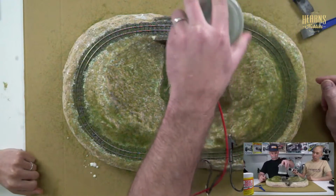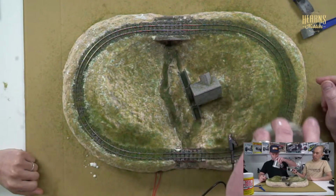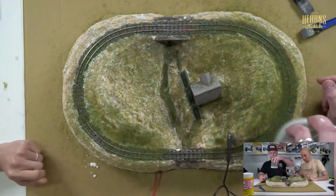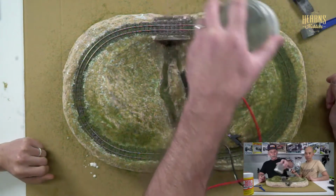Have we got a spray bottle of glue? Yeah. This stuff's coming out a lot easier, isn't it? I think so. Oh, well, we disconnected it. And then do we shake it upside down? Yeah. You can do that, or you could vacuum it once it's dried, and it will suck up all the